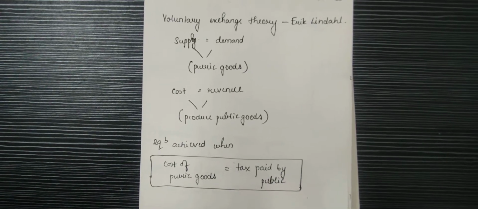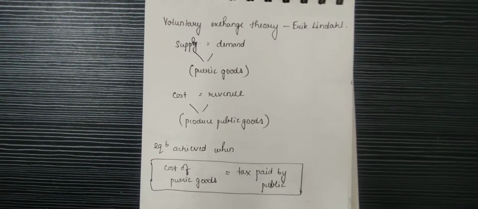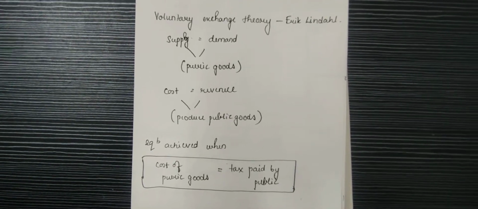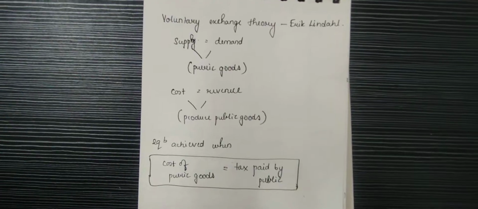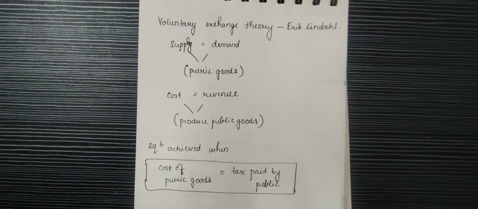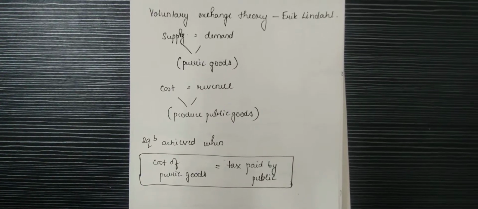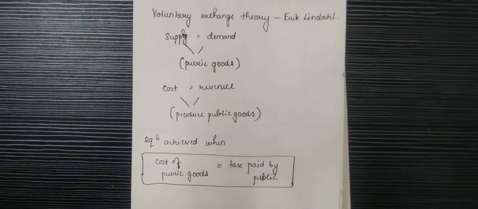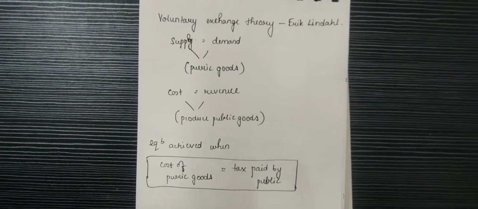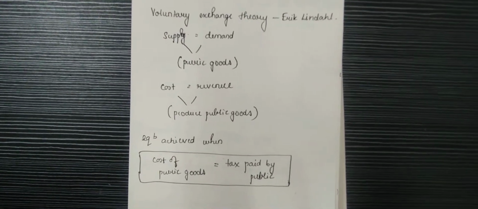We have voluntary exchange theory, which is given by Swedish economist Erik Lindahl. The aim of this model is to find the optimal level of public goods and services to produce while fairly sharing the cost among everyone. Meaning to say, we know that most of the government collects funds from various sources to provide public goods, right? But the supreme source of revenue is what? Taxation. So under voluntary exchange model, the tax levels are determined automatically because taxpayers pay proportionately for the government benefits